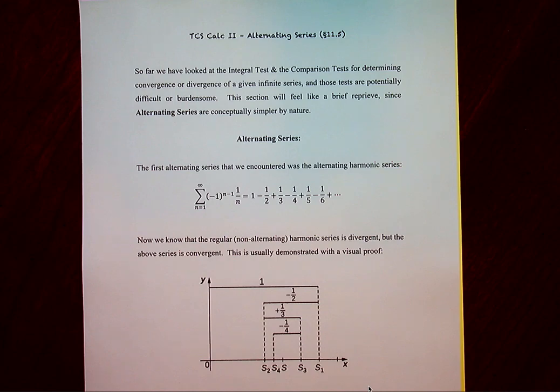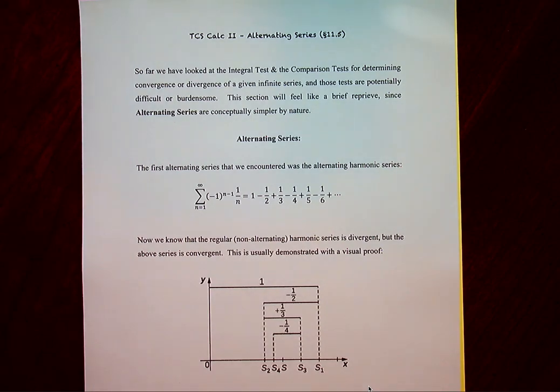The one that we're most familiar with, the one that we've already seen, is the alternating harmonic series, right? The harmonic series is 1 plus 1/2 plus 1/3 plus 1/4. It is the series that includes all of the unit fractions. But an alternating harmonic series has all the unit fractions, but the sign flips back and forth between positive and negative. Now this impacts its convergence, okay? It is not